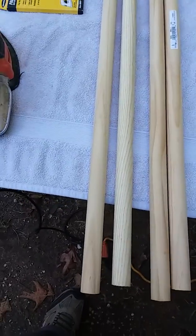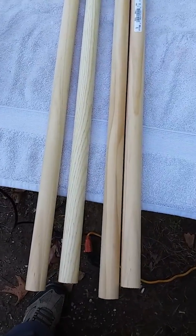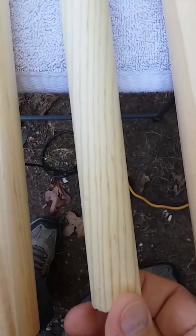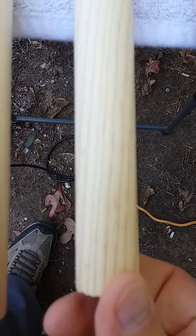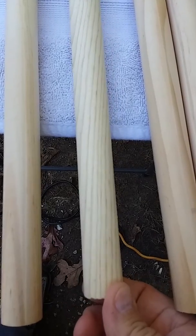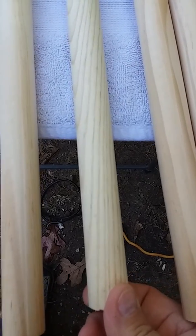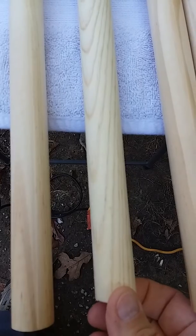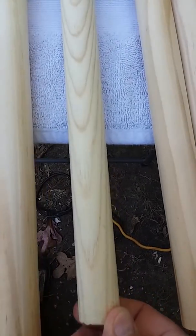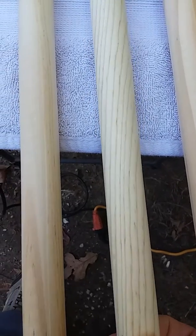But anyway, back to what I was originally starting with here. This is how I pick mine out. If I'm going to carve one, I stay away from this. You don't want that because it doesn't carve well. Too much, a little tight grain, I guess that's what you'd call it. I don't know how they make these dowels. To me, that's green. But now, just for a stick